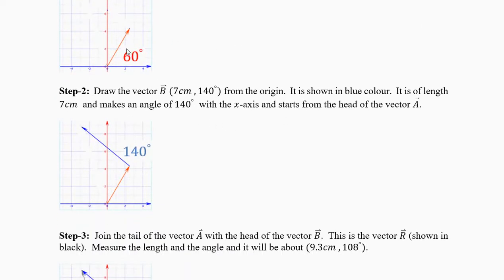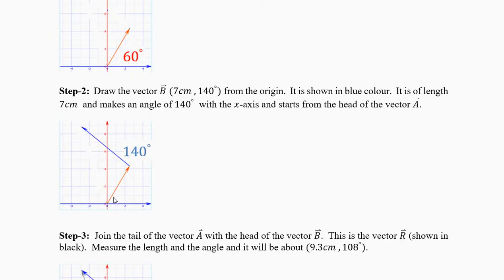The first vector is in red color. The second vector we are going to draw in blue color. Magnitude 7 centimeters and 140 degrees. Now forget about this part. You have to measure the angle on this straight line in the graph or on a white paper. So this angle is 140 degrees. See, a vector has tail and a head. So this is the tail and the arrow is the head. And you always join two vectors by tail and head. You never join two heads together in the initial drawing. Sometimes you'll see two heads together. I'll tell you why you see them together.